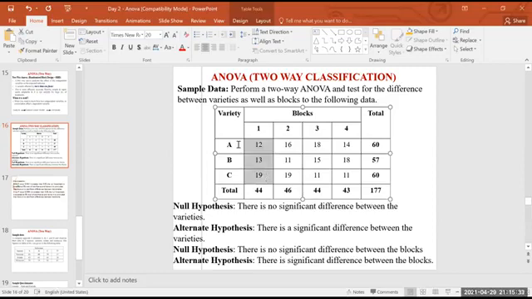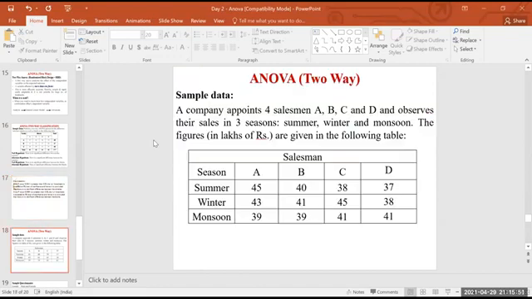Then in the variety column you should not type 1, 1, 1. You should type 1, 2, 3, 1, 2, 3. Okay, fine now, because some people will make mistakes there. So this is the way to interpret your two-way ANOVA. And I have given one more sample also, with two factors like salesman and season.